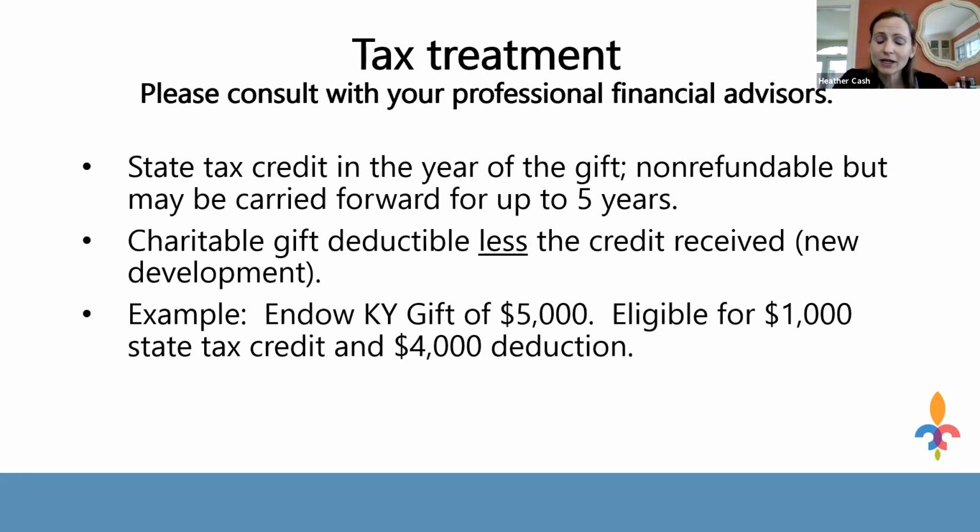So in June of 2019, the IRS issued a notice saying that state tax credits should be treated like a benefit because you're basically getting something in return for your gift. You're getting a tax credit. So what the IRS said is you need to reduce your federal deduction by the amount of the credit you